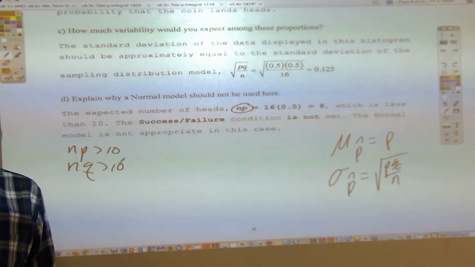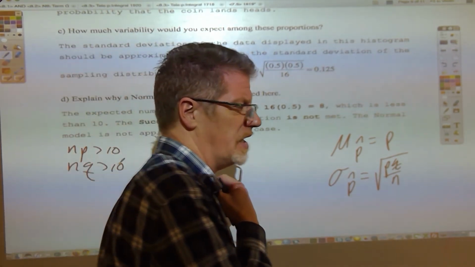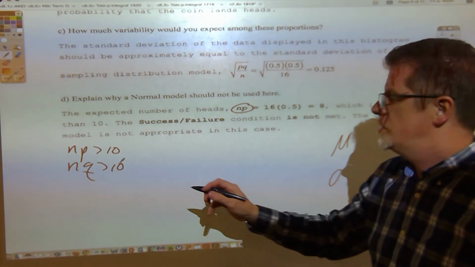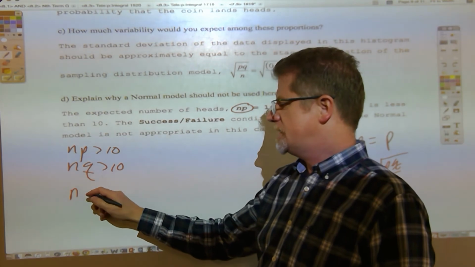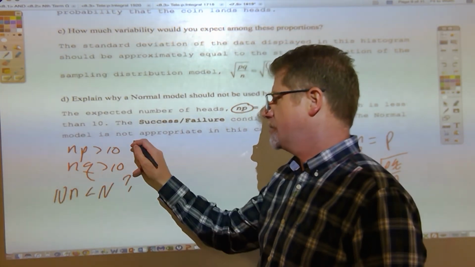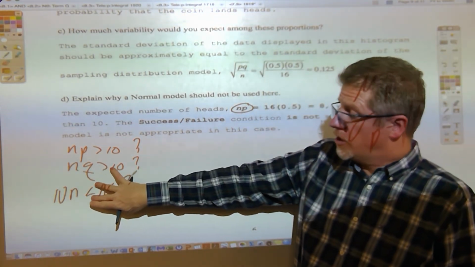Now, but if you don't already know that it's a binomial situation, then you have to see if the sample size is too big or too small. I mean, it can't be too big. So, speaking back to that problem on the test, you do have to look at 10 little n is less than big N, and that's the third question that you have to look at. If you didn't ask that, I didn't take off for that.